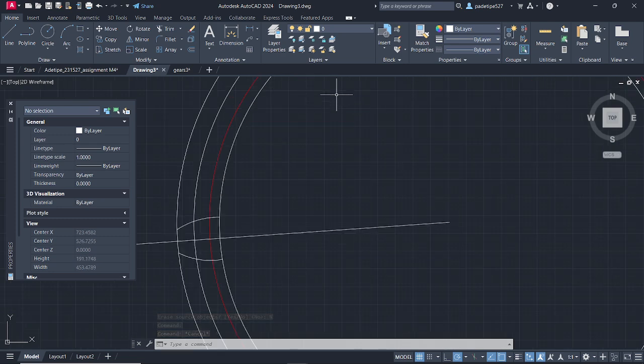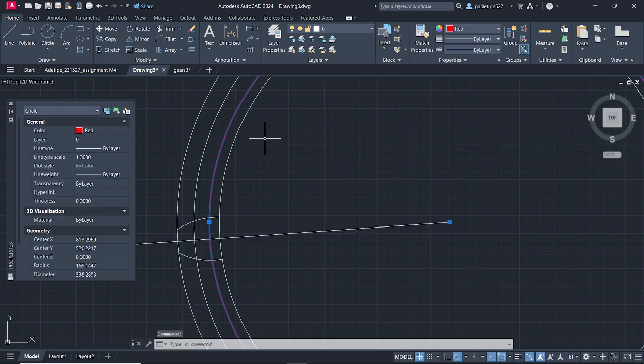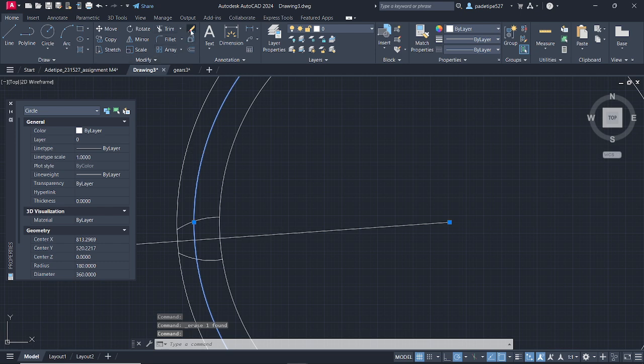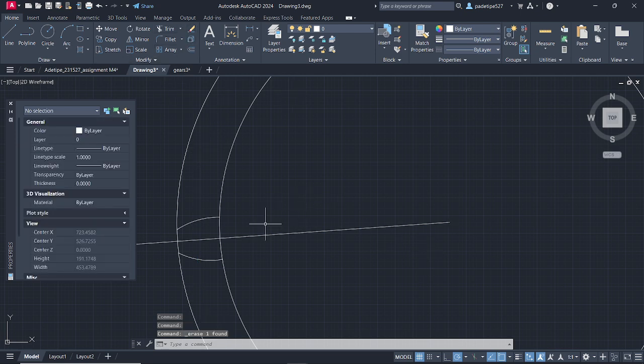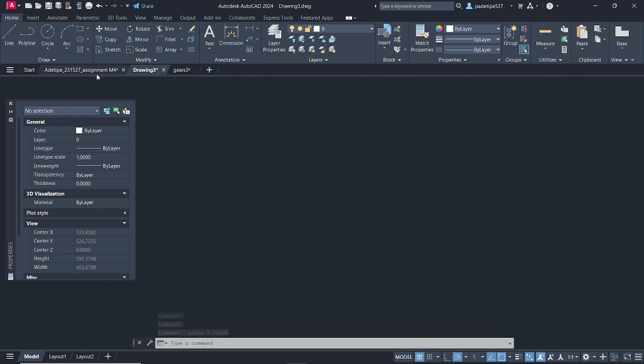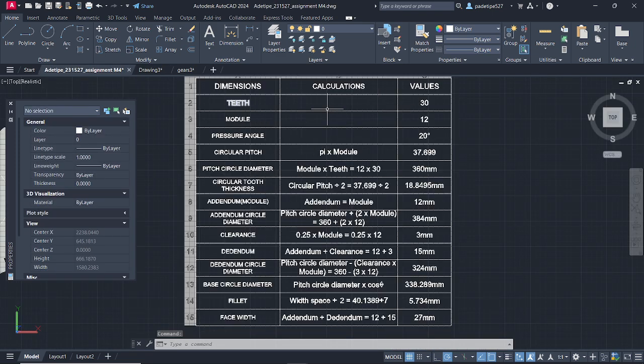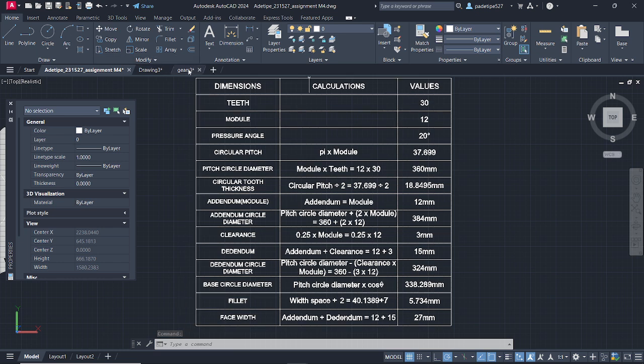The other thing we want to do now is, I believe we don't need this line again, so you can erase it. We don't need this one too, you can erase this one. Now we want to array the number of teeth. The number of teeth here is 30, but first we need to